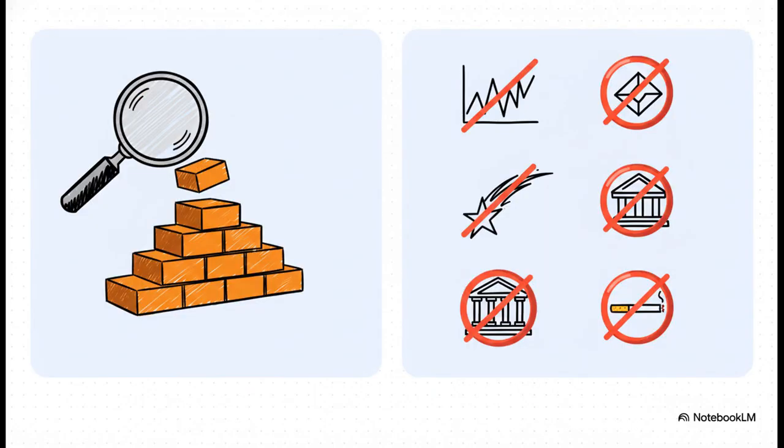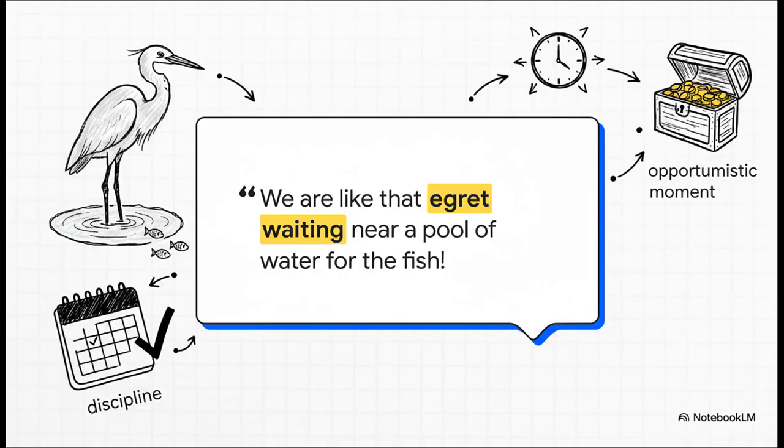This kind of discipline creates a really clear picture of who they are. On the left, you see what they're hunting for, those steady, long-term business builders. But honestly, that avoid list on the right is just as important. They intentionally tune out all the macroeconomic noise, they ignore short-term trends, and they even screen out entire industries like banks and tobacco. This quote from their newsletter just nails it. It perfectly captures what their strategy is all about. It's not about being busy and trading all the time, it's about being incredibly patient, disciplined, and just waiting for that perfect moment to act.